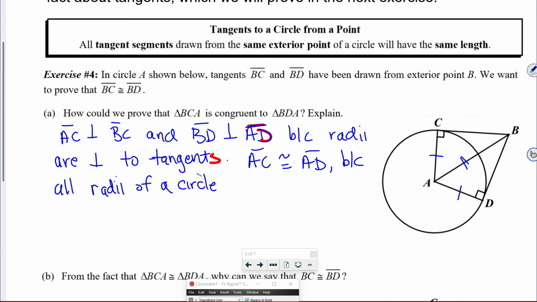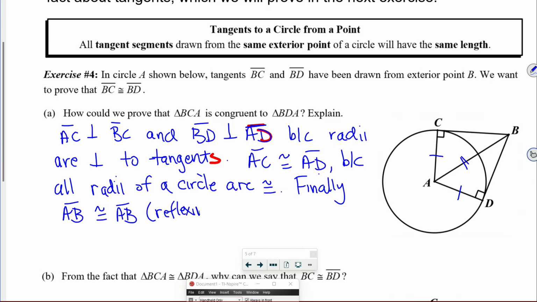All radii of a circle are congruent. And then finally, AB is congruent to itself, maybe parentheses, that's reflexive. So triangle BDA is congruent to triangle BCA